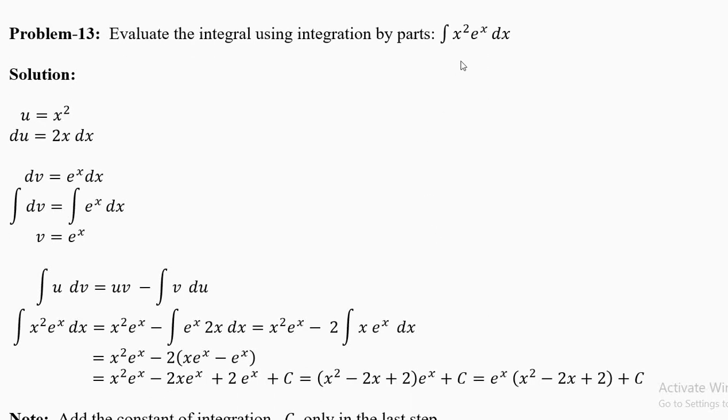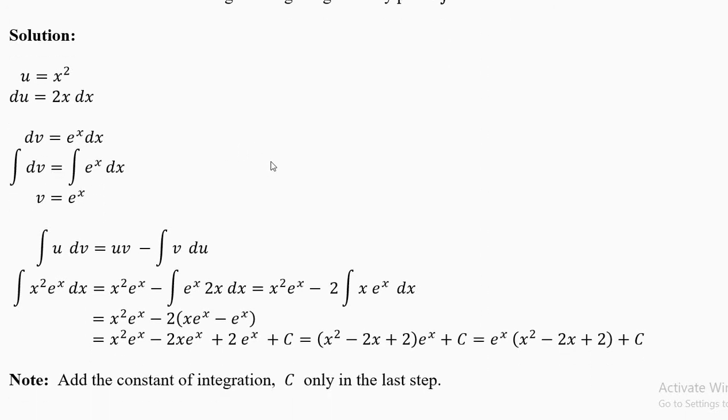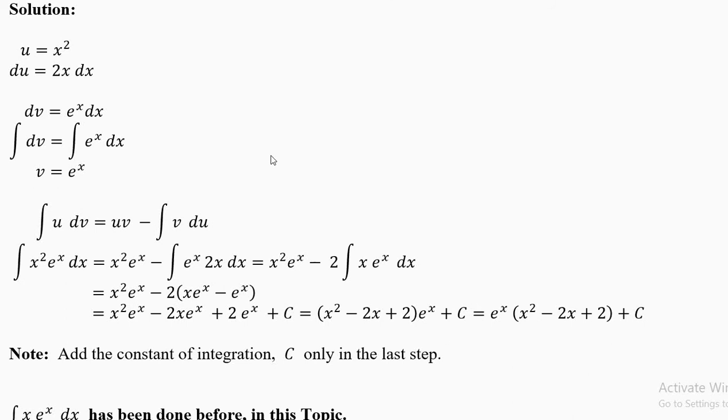Now we have done only one power of x, x into e power x. Now let's look what happens when we have x power 2 into e power x. Use u equal to x square, du equal to 2x dx. Please remember this 2x is important before the dx. Now dv equal to e power x dx, and the integration is v equal to e power x as before. So we don't have to look into it in more detail.